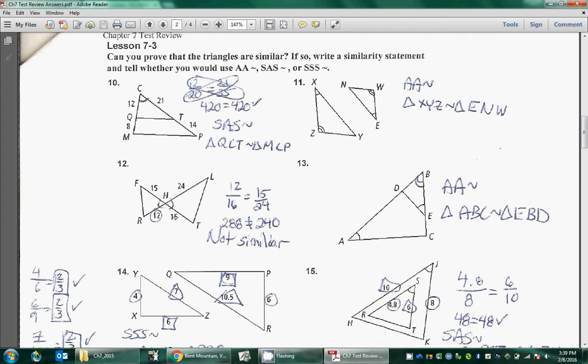So in this case, I had 2 pairs of sides, 1 pair of angles, the one shared in the middle, so it has to be side angle side. For number 12, it looks like at first it's going to be side angle side,